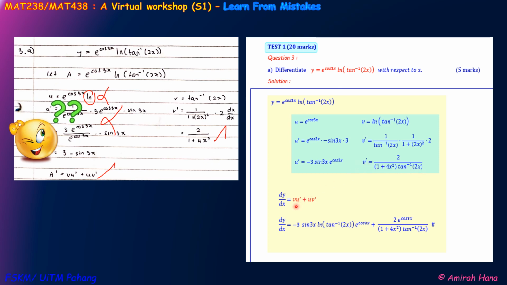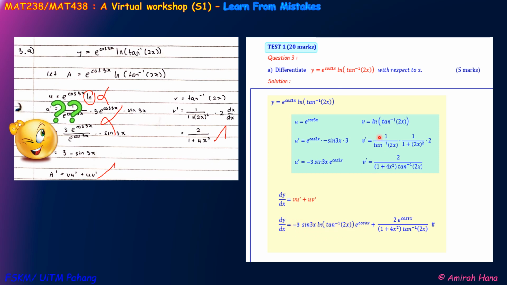And then using product rule. Sebab ni darab tadi. Tulislah formula product rule. Kena tulis yang ni, u prime, u, lepas tu u prime, v prime. Yang dy over dx ni sebab differentiate yang y ni. So dapat dy over dx. Wajib tulis ya. And then equals to based on product rule formula, vu prime plus uv prime. Lepas tu darab saja silang ni. V darab dengan u prime. So yang ni dengan ini letak saja berdekatan. Tapi susun